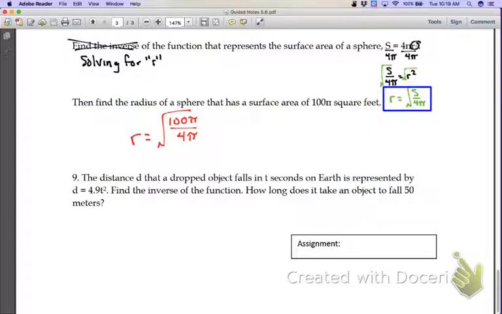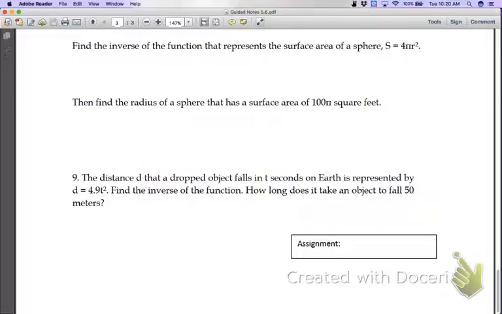What's going to happen on the inside? Pi's cancel. What's 100 divided by 4? 25. So what's the square root of 25? 5. You're just solving for